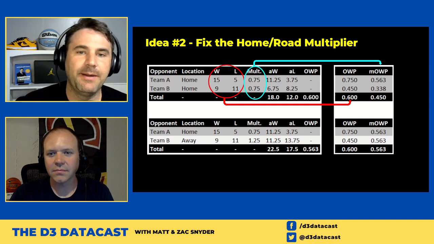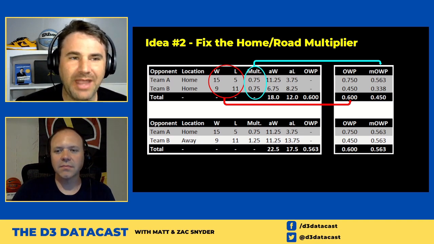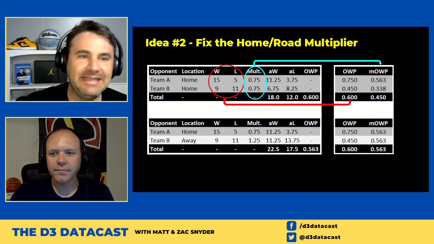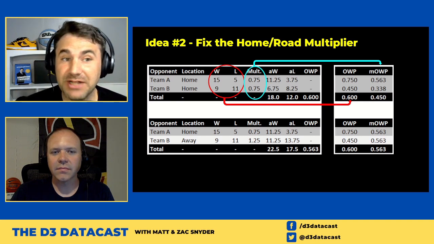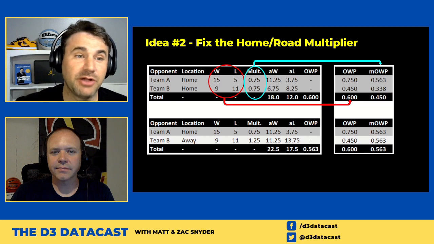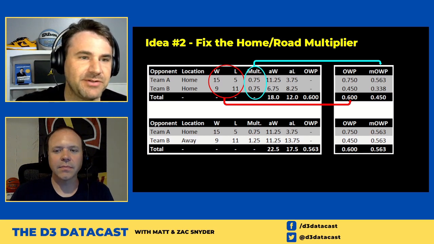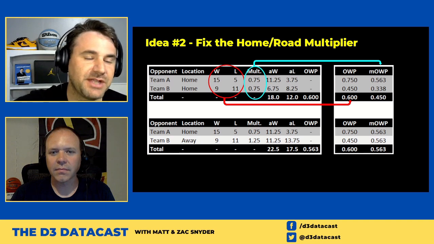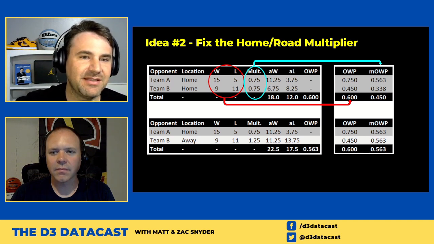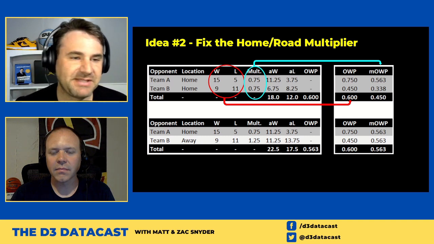mean a lot more. I think you can get some janky situations where you could game the system a little bit by never going to a bad road team. You could even get into a very, very fringe edge case. If you're an independent or you belong to a conference that doesn't play regular conference games, if you could convince every team on your schedule to come to your place, play a completely home schedule, or you have to go on the road and play a completely road schedule, if you played the same teams, that would end up with the same exact SOS. Just based on the way the math works.